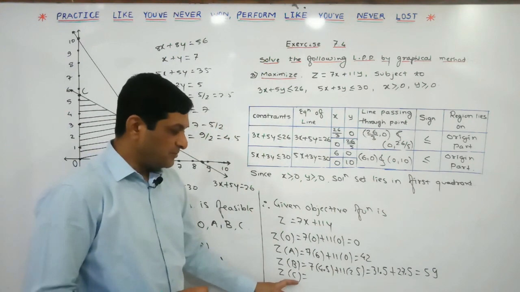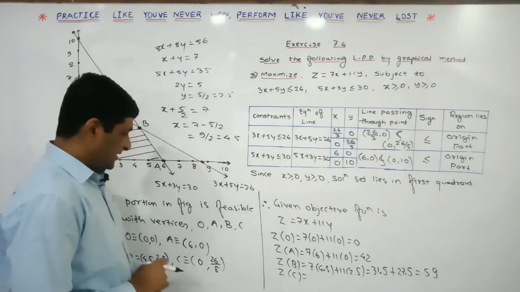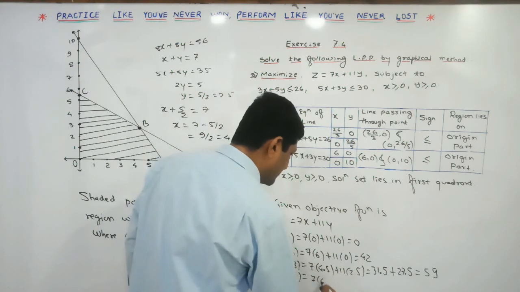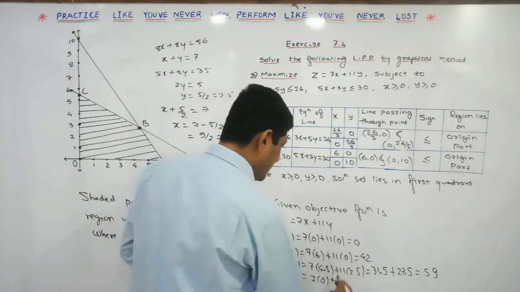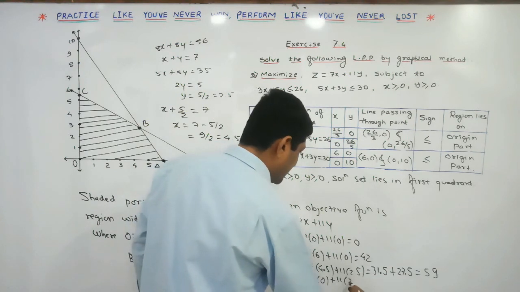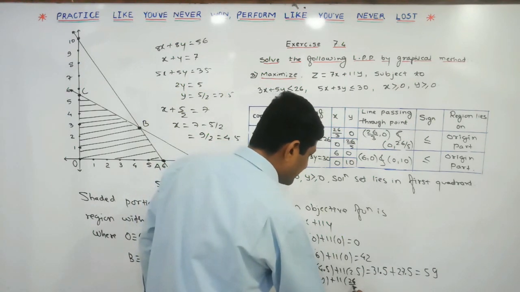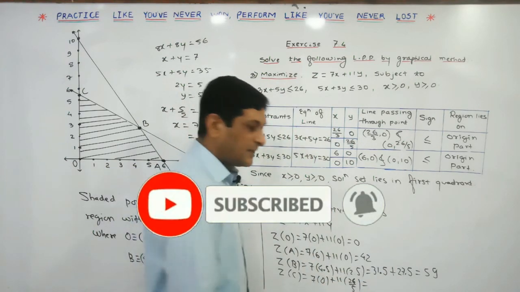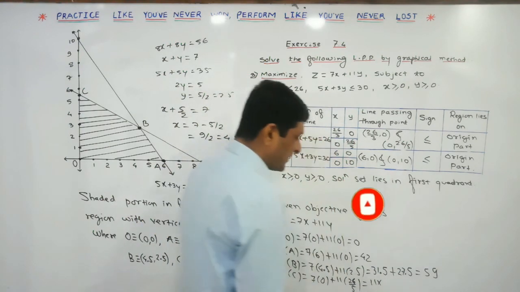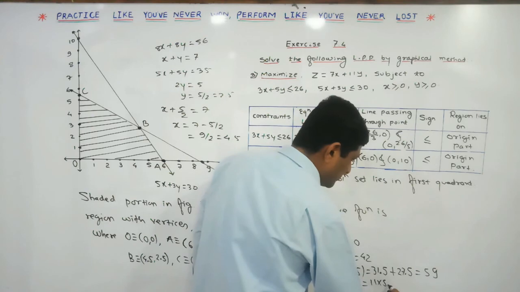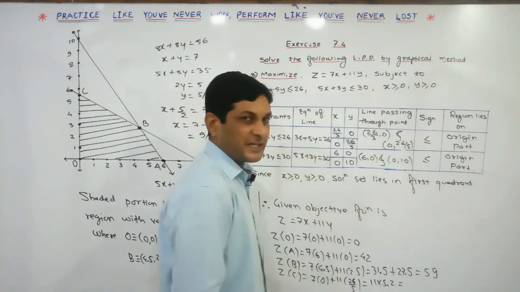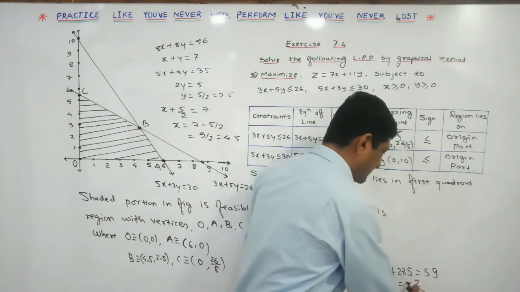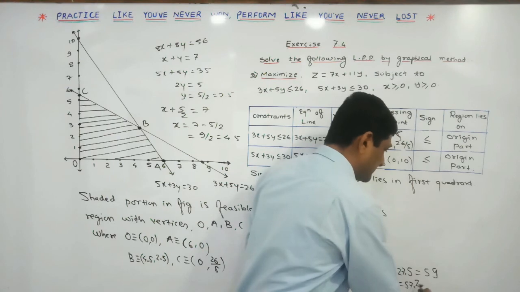Now we are finding the value of this objective function at the last vertex C. So the coordinates of C are 0 comma 26 upon 5. So replace x by 0, and 11 keep as it is, y we are replacing by 26 upon 5, which is equal to, the first term is 0. So let us simplify it. 11 keep as it is into 26 upon 5 will be 57.2. So let us perform this multiplication. 11 twos are 22, carry 2, 11 fives are 55, 55 plus 2 will be 57, so 57.2.